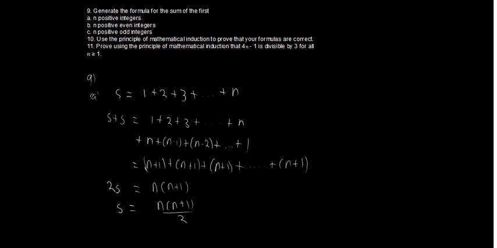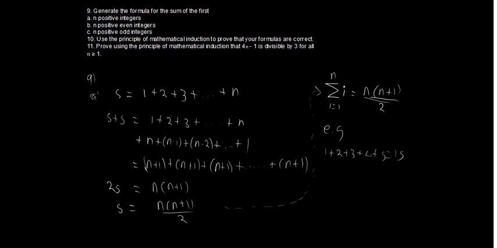Moving from here, we can write our solution over here. The summation up to n, starting at i equals 1, of the function i, is equal to n times n plus 1 over 2. Now, how this formula works is, say we've been told to find the sum of the first 5 integers. Instead of saying 1 plus 2 plus 3 plus 4 plus 5, which would give me 15 over here,